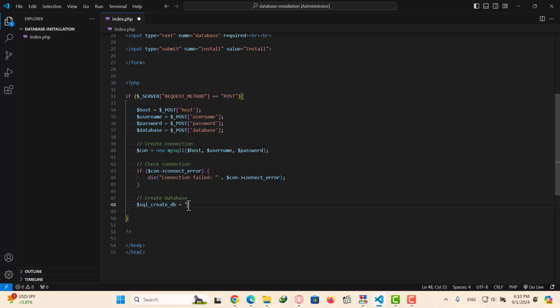So inside this double quote, I write, make sure this is capital, create database if not exists. This is important. We don't want to rewrite a database. Okay, we just want to create a new, and if it already exists, we don't want to make it. And then your database name, and that's exactly this one. Okay, just type $database,